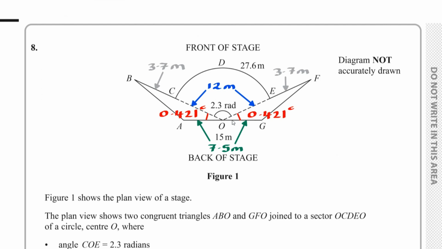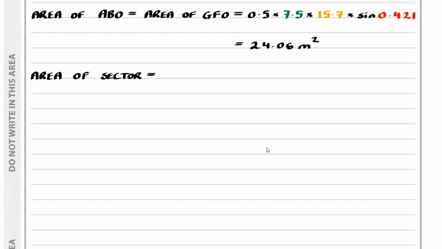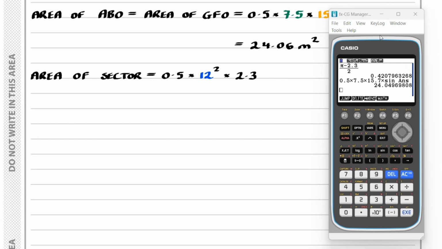We can now find the area of the sector. We know the radius and we know the angle. So the area of the sector, that's given by a half times by r, which is 12, then we square this, multiplied by the 2.3. So we've got a half times by 12 squared times 2.3, which is